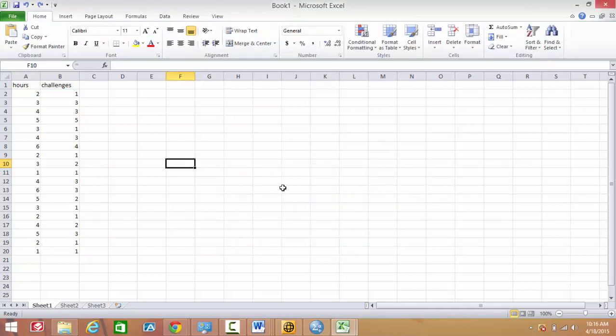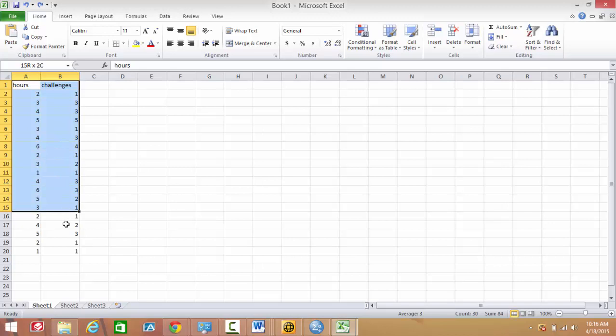Hi, today I'm going to show you how to run a Pearson correlation on SPSS, but before I do that I'm also going to show you how to create a scatter plot on Excel. So what we have is some data here, and we want to compare the data. The data is on students and how long they spent programming their robotics in hours, and then how many challenges